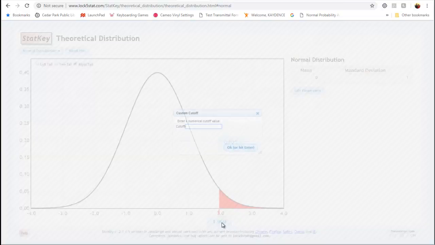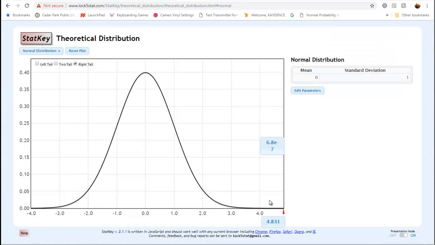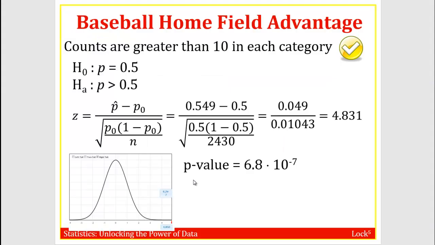Then down here in this little box, I'm going to enter in the value of my test statistic, which in this case was 4.831. When I do that, then the value up here in the floating box is my p-value. Notice that my value was so small that StatKey started using scientific notation to record it. So it says 6.8 e negative 7. So my p-value is 6.8 times 10 to the negative 7th, and that would translate to being